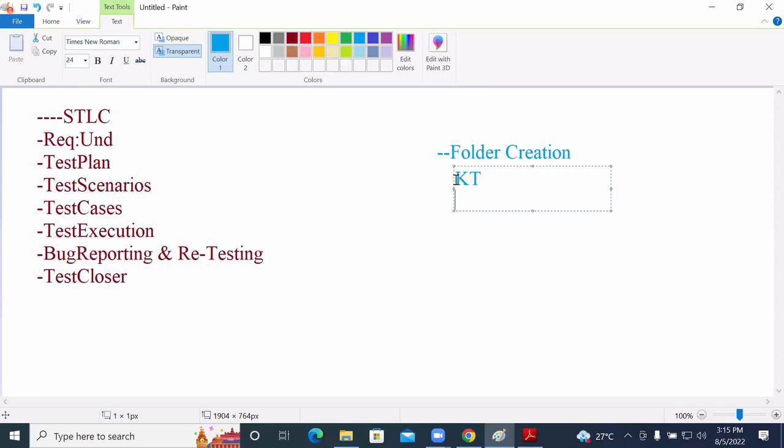What kind of knowledge? Not testing knowledge. It's not like the heading is software testing here. It's not testing knowledge. It's the knowledge which is related to that particular project. So in that KT, the knowledge related to the project is transferred. You guys need to work very smartly while getting the KT,